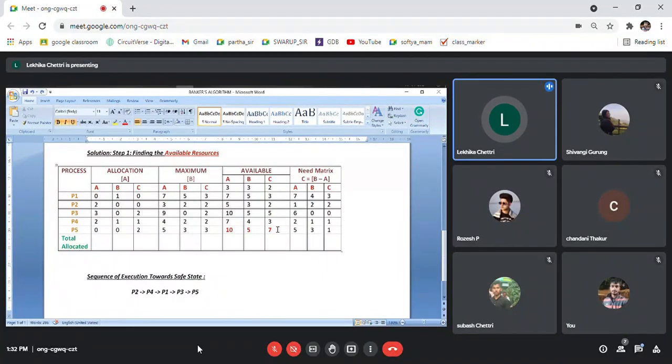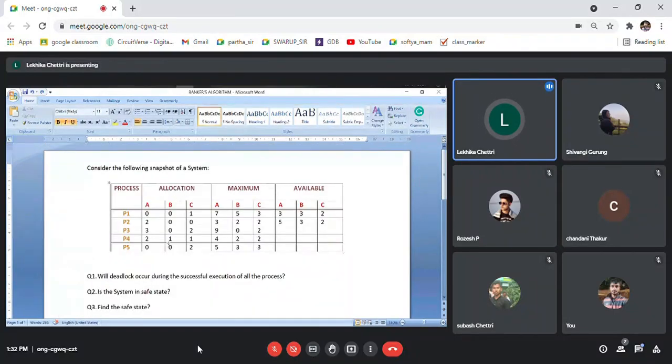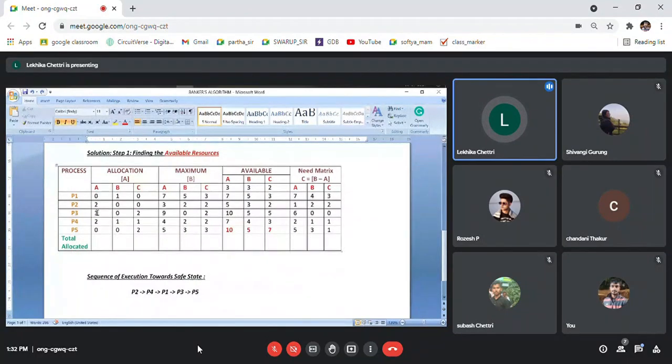So now there is one way to check your answer. Okay, to find out whether your answer is correct or not in the exam, you can check. So how can you check? To cross verify your answer, first what you'll have to do is go to your allocation. See here, this is your allocation, this is the chart that was given already. So we have not manipulated the maximum matrix and allocation matrix. So what you can do is, from the allocation matrix, perform the summation of this row. Initially, how many copies of A were allocated to different processes? 2 plus 3, 5 plus 2, 7.